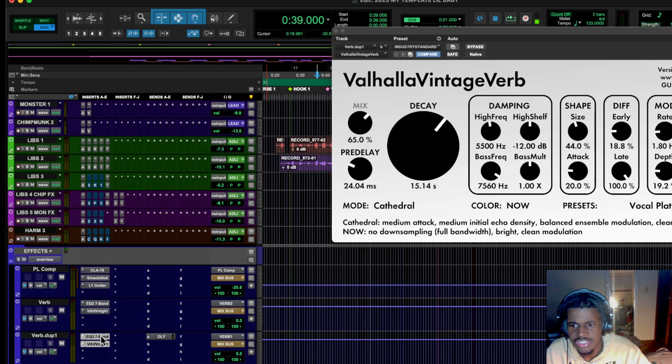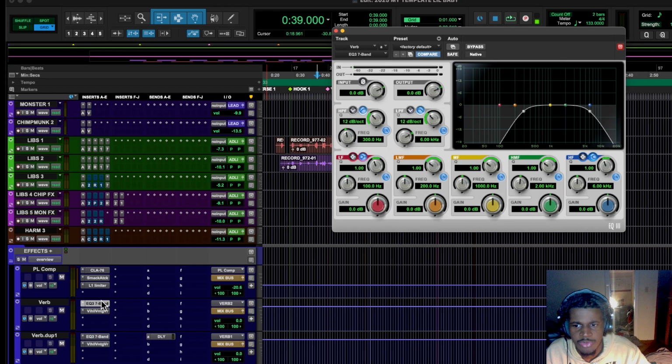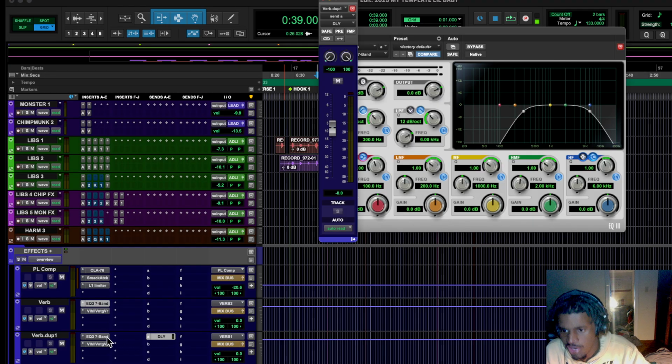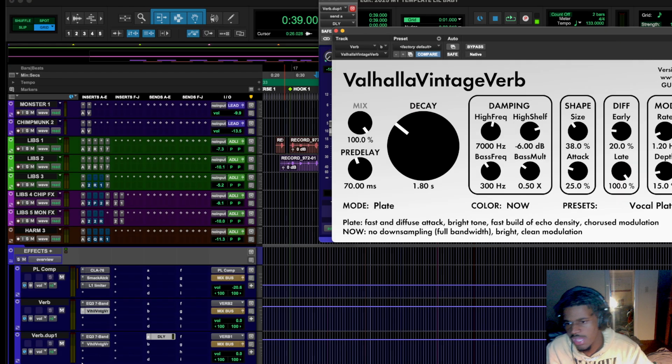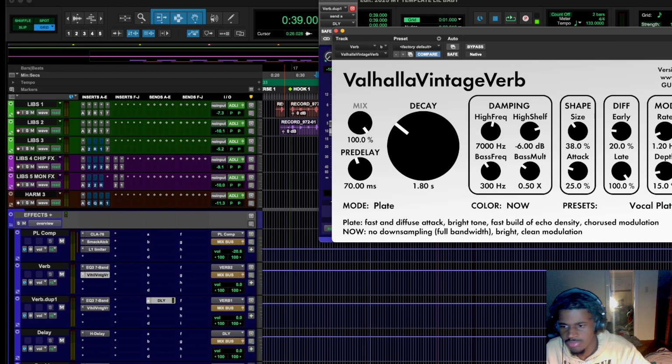And here's our EQ for both of our reverbs. They're both the same, so don't worry. You can just pause that and copy that. Yes, it's the stock EQ. I'm trying to save CPU space, so don't think like, he's using stock plugins. No, I'm trying to save CPU so you can actually use the preset. You feel me? So we add delay to the second reverb. Both reverbs are different. This is Cathedral and this is Plate. Like I said, you can make both of the settings.